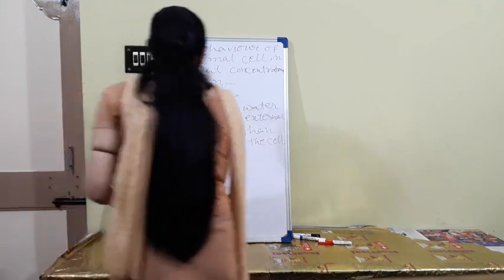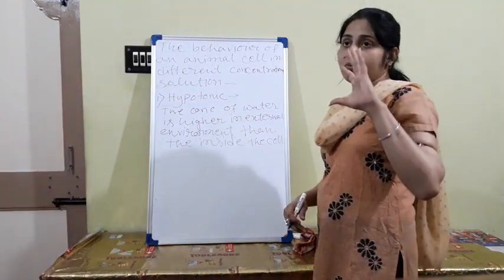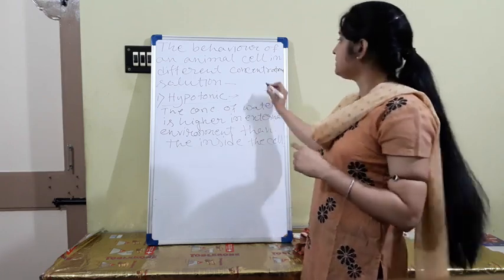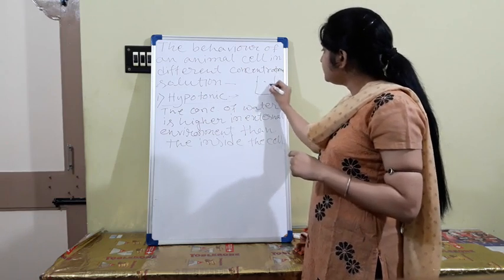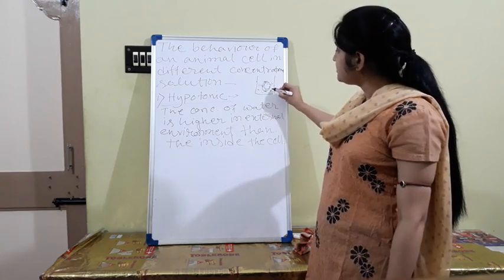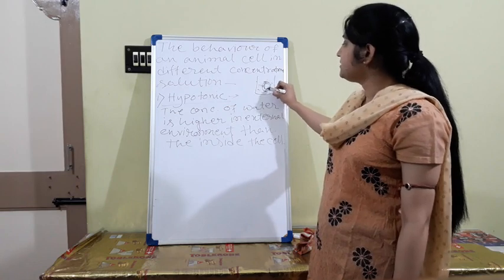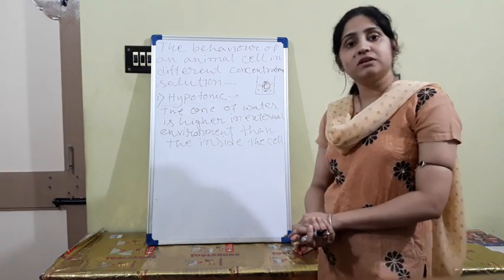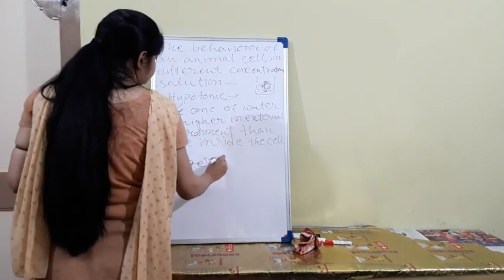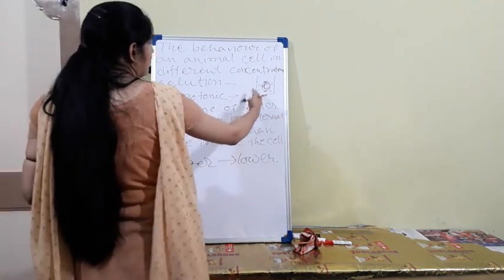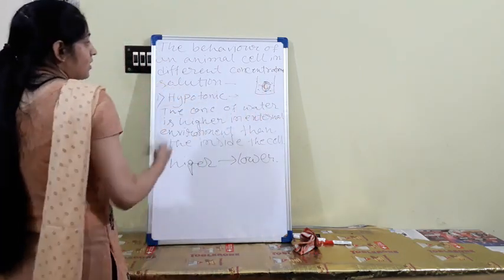Hypotonic. So what is the hypotonic solution? Obviously the water concentration will be higher outside. That is the medium. If you leave or dip an animal cell inside this medium, the concentration will be higher than inside the cell. Okay, that is called a hypotonic solution. So according to the rule of osmosis and diffusion, movement occurs from the higher region to the lower region. Okay, so the water enters inside the cell.